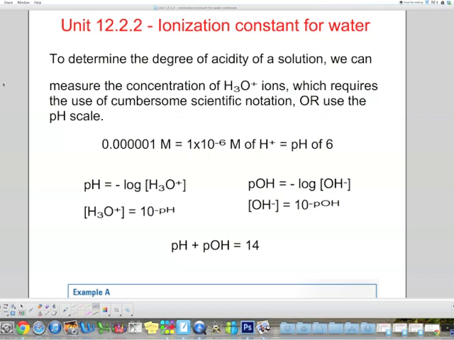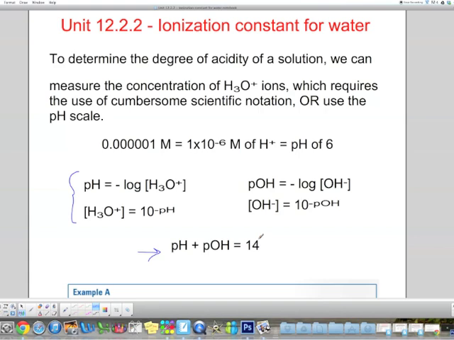Okay, so unit 12.2.2, we'll talk about the ionization constant of water. So we've talked about ionization constants or equilibrium constants so far. We're going to apply this to water, and we're going to link this up with acids and bases as well. So we've talked about pH and pOH last year a little bit. So you're familiar with these equations, or you should be, and as well with this one, but we probably never